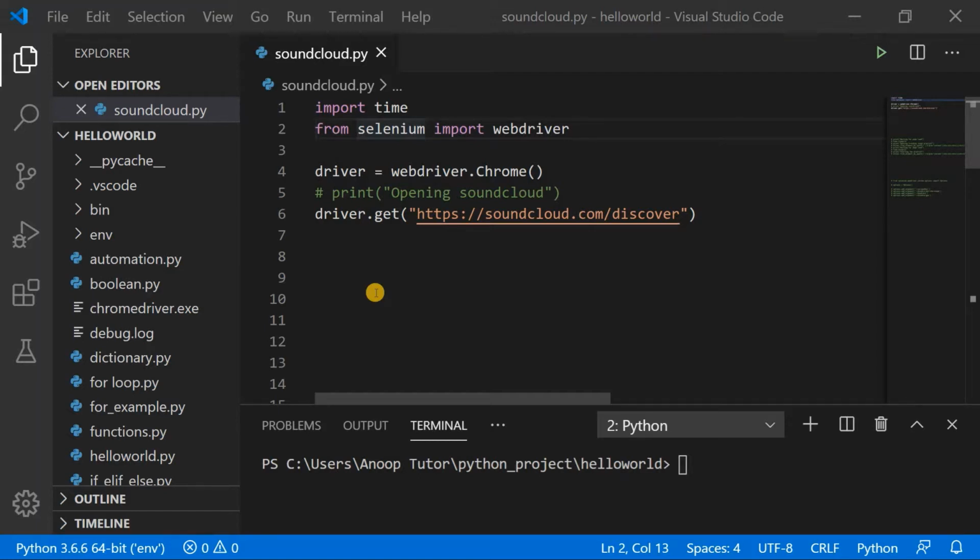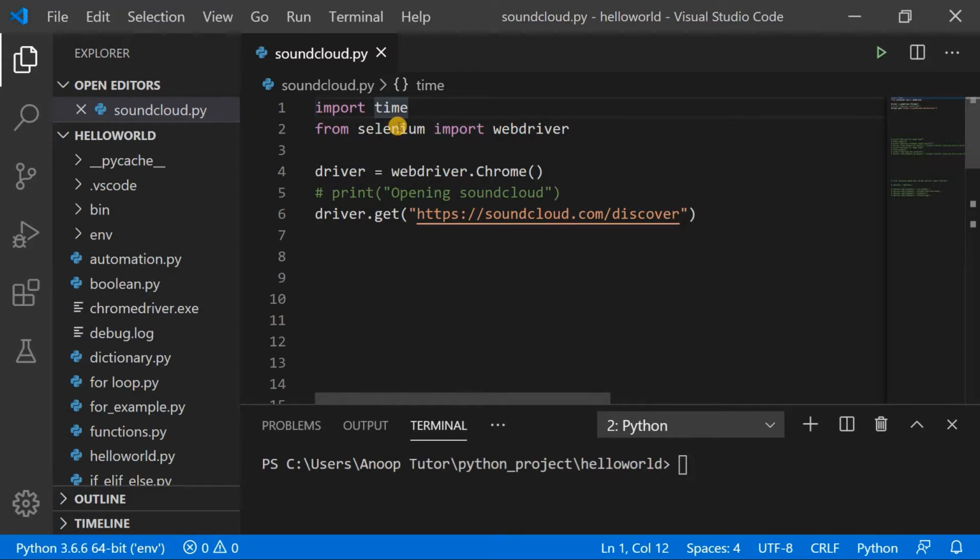So getting started with today's project, the first line you can see here is I'm importing a package called time, and we will discuss why we need to import this and what the uses of this particular package are within this program. Then we are also importing the Selenium package. This is similar to what we have seen in our previous video. We are importing the Webdriver from the Selenium package